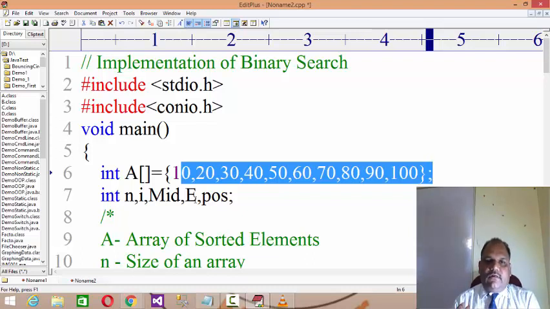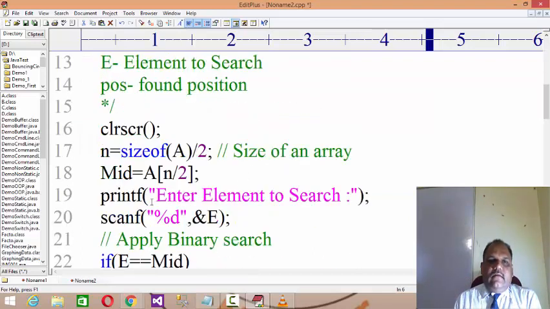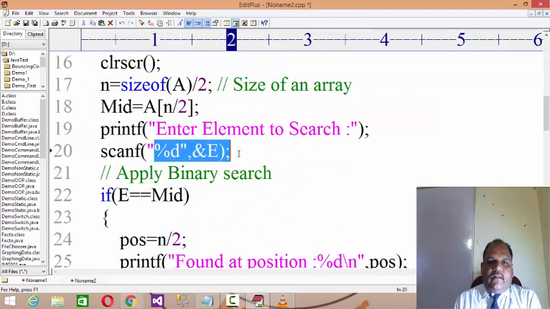Instead of searching for the existence in all entries, the probability is n by 2, not n. In case of linear search, the probability is n. So in this case, if you have n as the size of the array, find out the mid value firstly. Mid value means the element available in the n by 2 position, and then ask the user to enter the element to search.